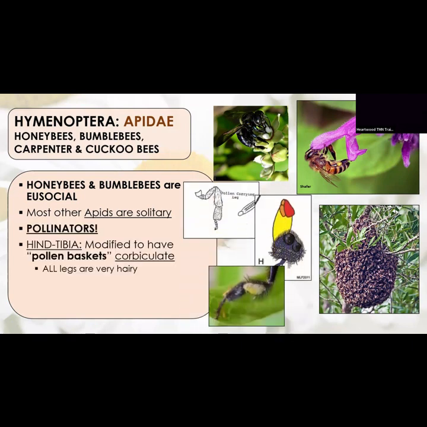All the bees will have some sort of modification in Apidae, right? Some sort of pollen-carrying leg. And right there, that's actually pollen on the bumblebee's leg. Those hairs are just there, so they pick pollen up as they go. And some, like cuckoo bees, are kleptoparasitic. If you're familiar with a cuckoo bird, which puts its egg in another bird's nest so the other bird raises it, these bees do the same thing. They lay their eggs in another bee's nest and make that bee take care of them.